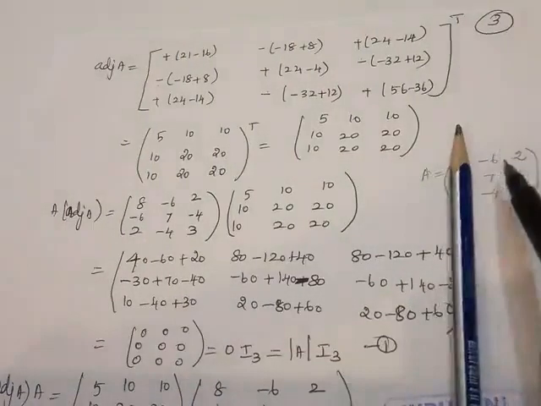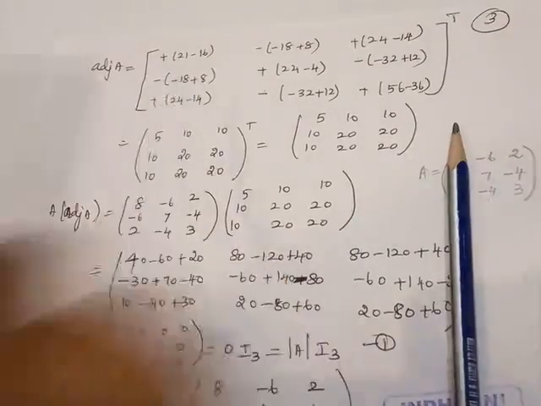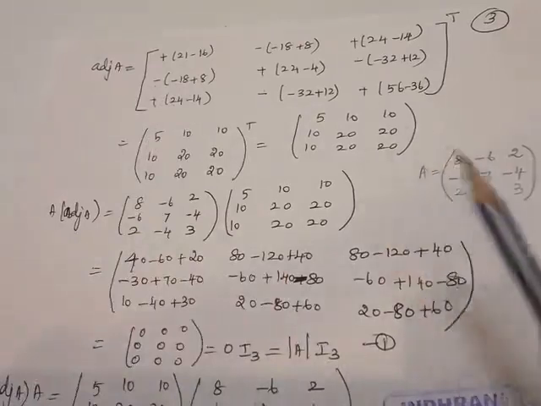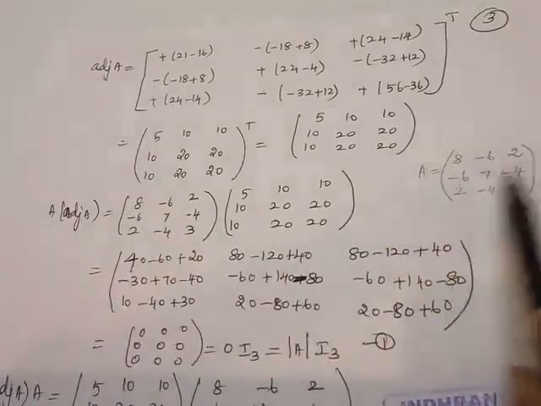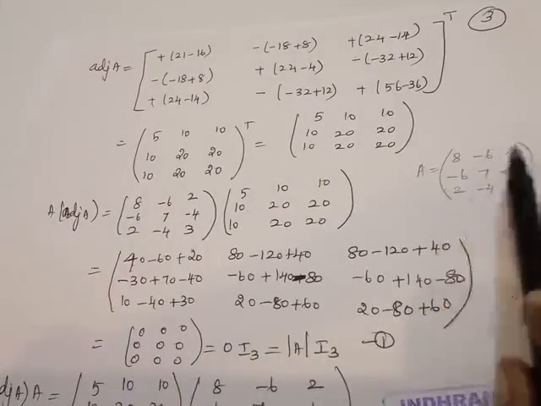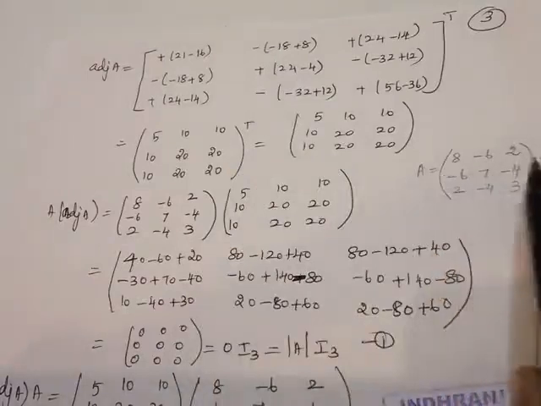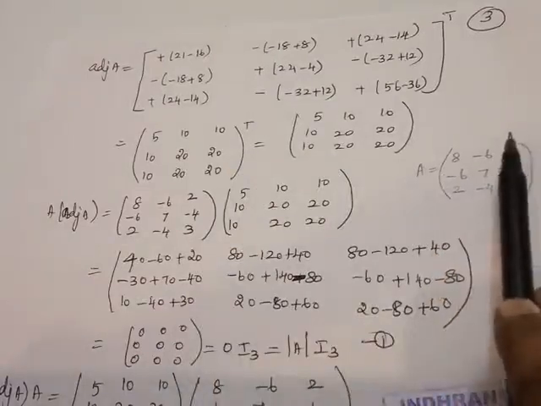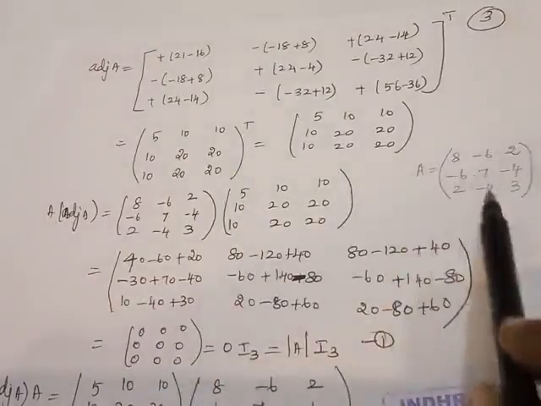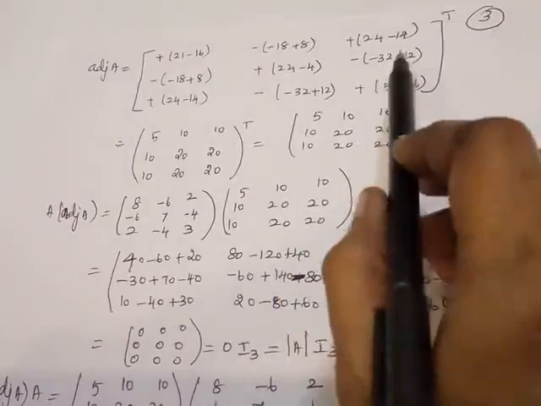Now the determinant for the other elements is minus 6 into 3, minus 18. This is minus 8, but you will get plus 8. Similarly, for this 7, delete the corresponding row and column. 8 into 3, 24. This is 4, so you will get minus 4. For this element, delete the second row and third column. 8 into 4, minus 4, minus 32. Minus 6 into 2 is minus 12, becomes plus 12.